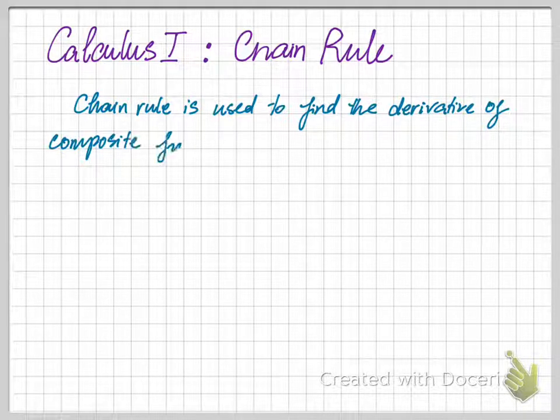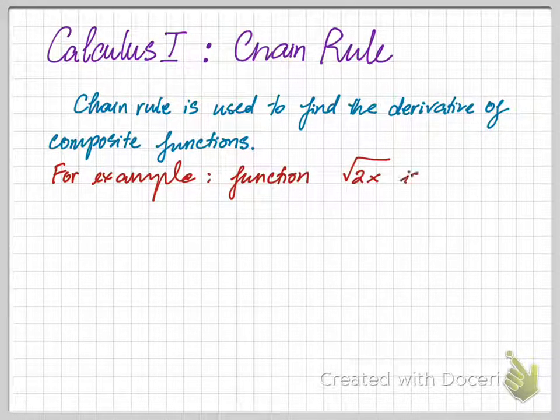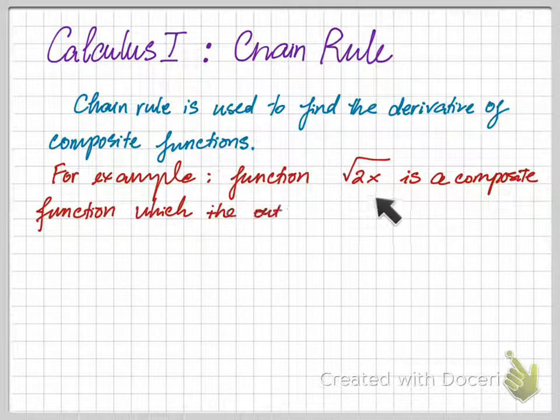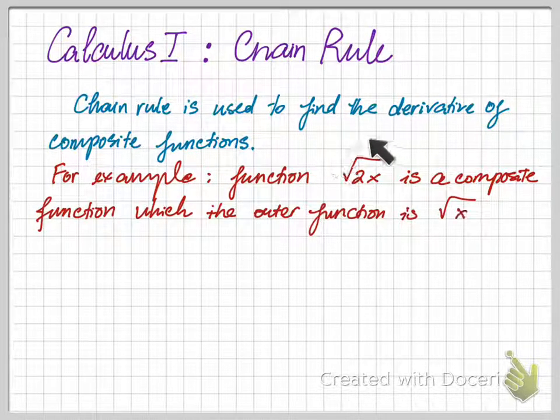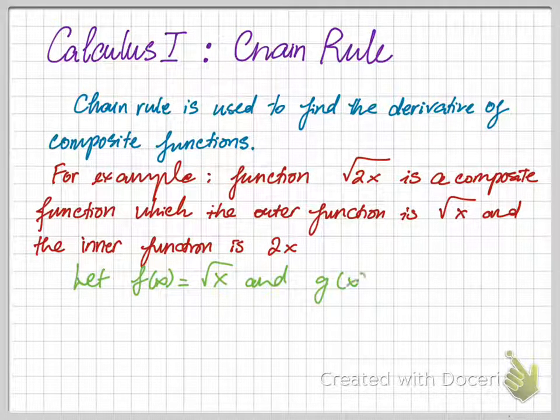For example, consider the function square root of 2x. The square root of 2x is a composite function because the outer function is the square root and the inner function is 2x. If we let f of x be square root of x and g of x be 2x,